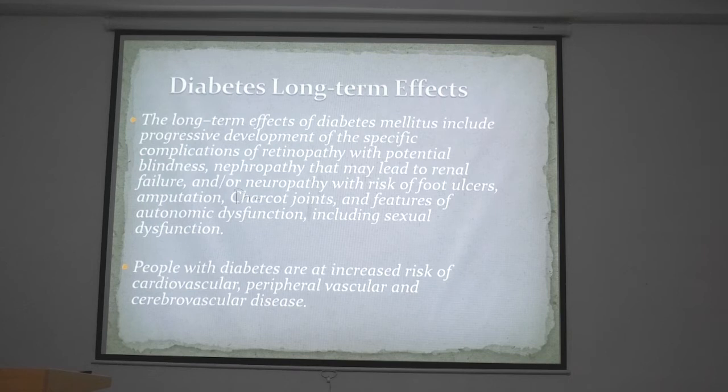That means if we are not able to diagnose a disease, we leave the patient to chronic complications that ultimately develop a foot ulcer, and finally the treatment is amputation of this ulcer. Okay. Charcot joint, features of autonomic dysfunction, including sexual dysfunctions. So there is also an imbalance of sexual hormones. Okay. Due to this ultimately causes dysfunction of several